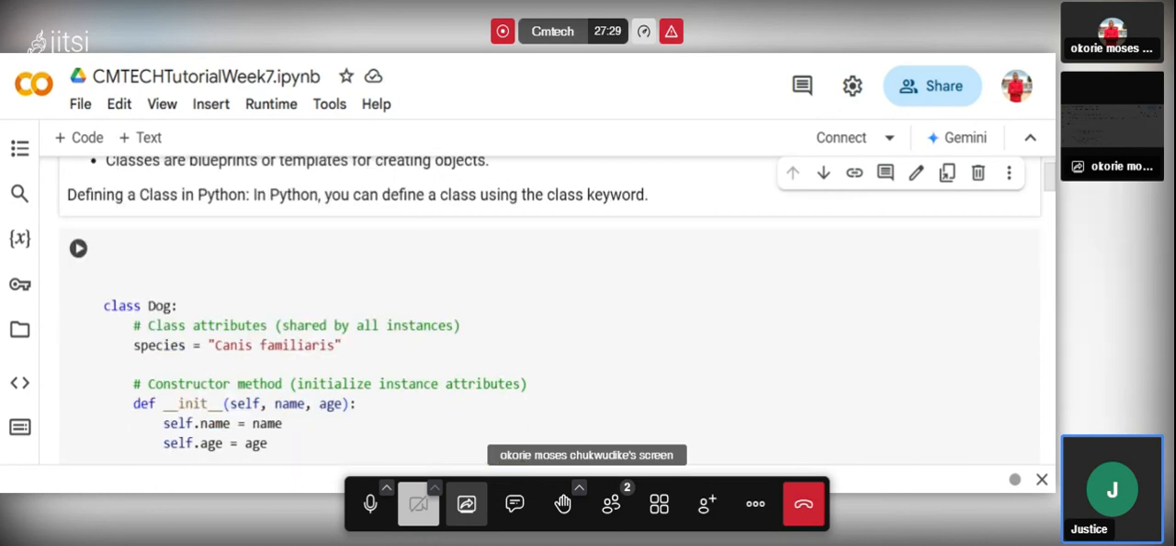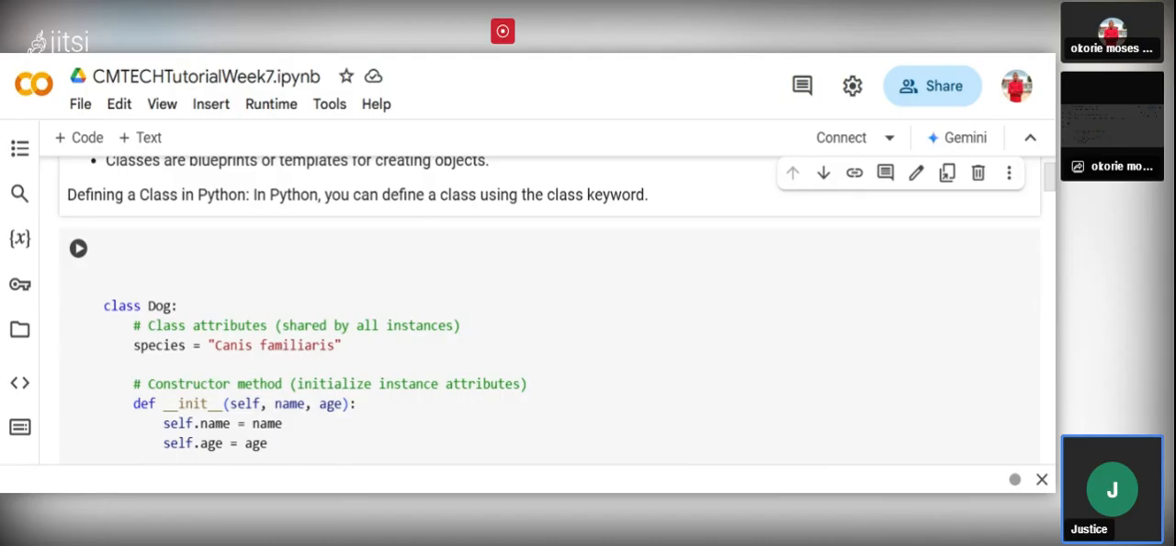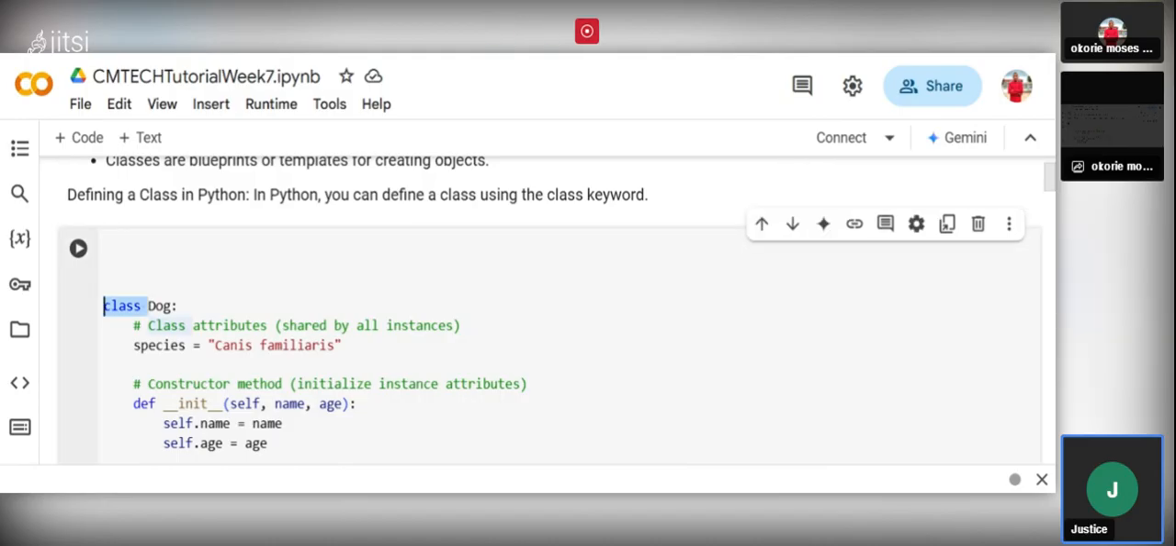So to define a class, we use this keyword called class, and we write the name of the class we want to define, the name we want to give it. Here we are giving it dog. We can also define it as human. If we want to talk about human, we can write it as human, then the species they belong to and all. So now